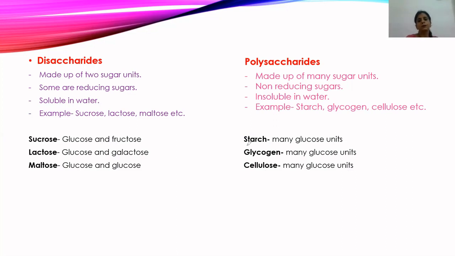Apart from this, during the process of photosynthesis, plants produce glucose. Whatever amount of glucose is required, the plant uses that. Then the leaf alone cannot keep all the glucose. The leaf has to distribute it to different parts of the plant. So this glucose joins with a fructose molecule and forms sucrose. So in plants, glucose is produced in the process of photosynthesis.